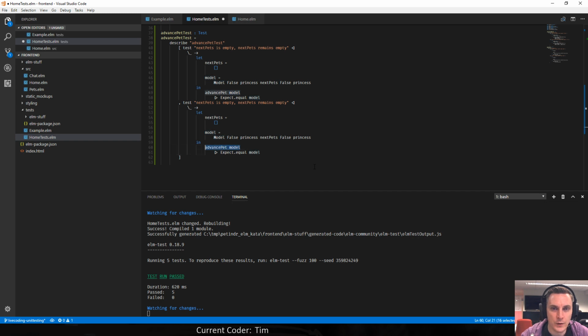So this thing returns a model. But really we just want to, let's make it, because I would be cheating if I wanted to do it like this.